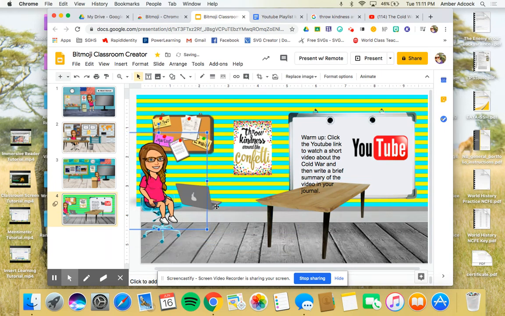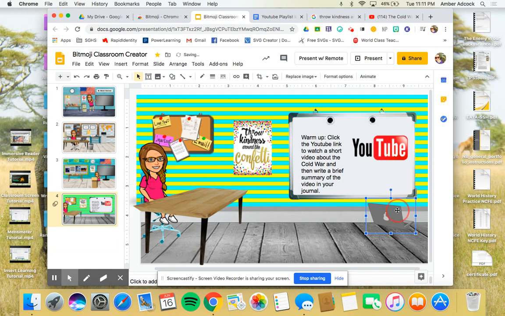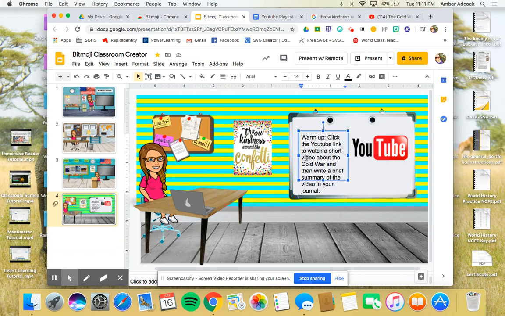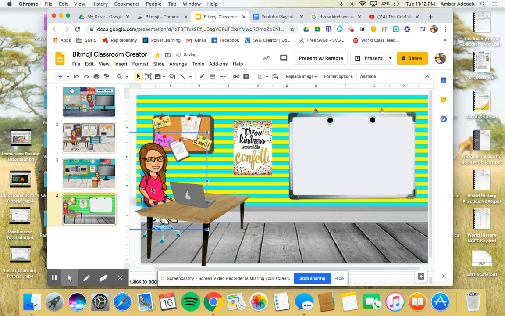So to prevent that, and you guys may learn some other tricks, but what has been shared with me, a real easy way to prevent that is to get all of the basics on here, okay? So let's delete this and the links, right? Because you want to be able to add those to this backdrop. So you have your classroom set up the way you want it. So once you have that, before you add any of the links and the interactive components,